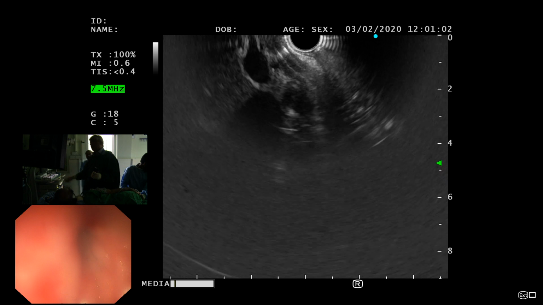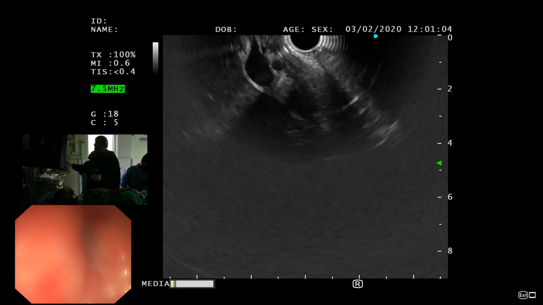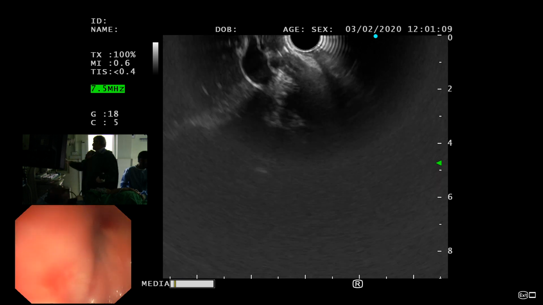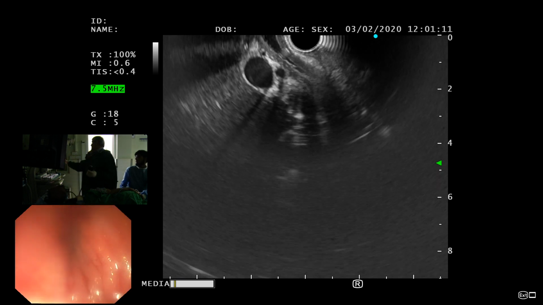You see, now you can see it a little better. You see the stent all the way. You can't see the walls, but you can see it making a